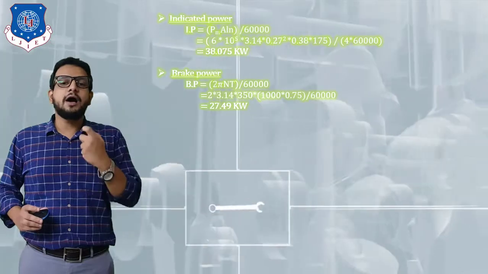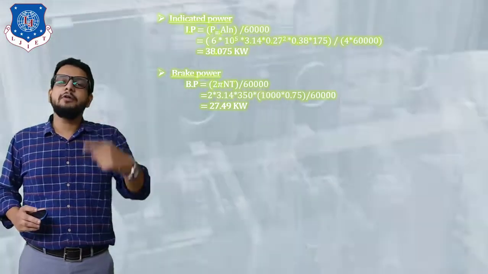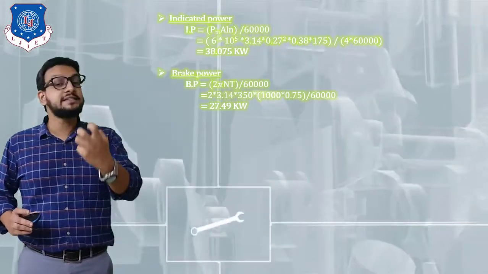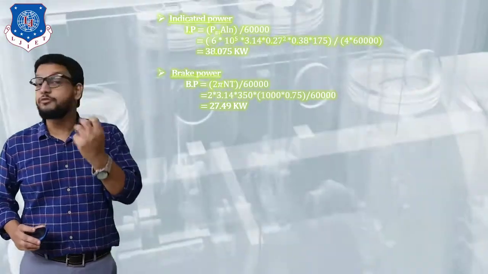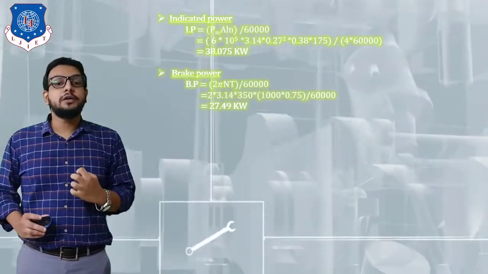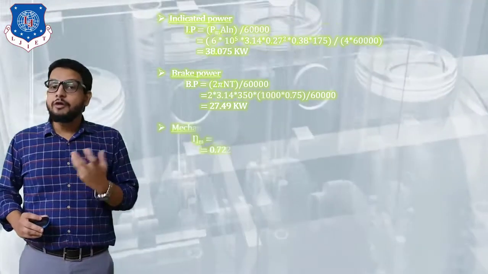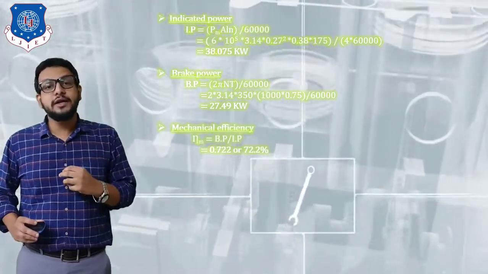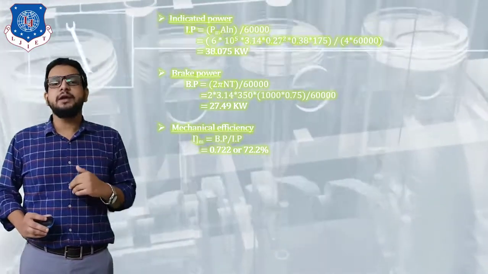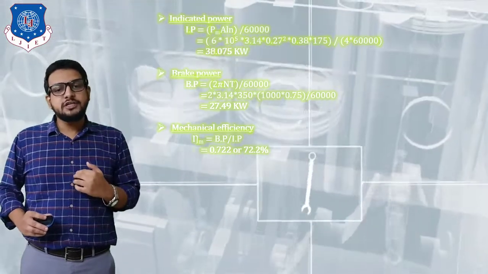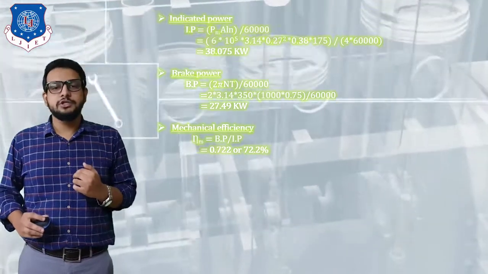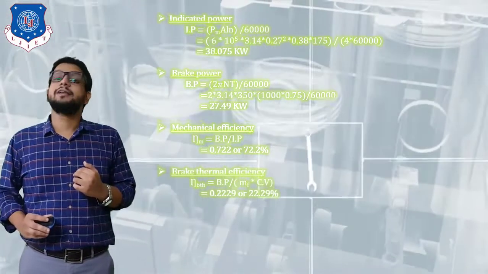This brake power is our output, which is the mechanical power available at the IC engine crankshaft, whereas the input, that is indicated power, is the power generated inside a cylinder during a power stroke because of combustion. Remember that. Which means our input is IP and our output is brake power. What will be the formula of efficiency? Efficiency is equal to output upon input. Output is our brake power and input is our indicated power. So the efficiency of this engine will be 72.2%. Okay, last we need to find out brake thermal efficiency.